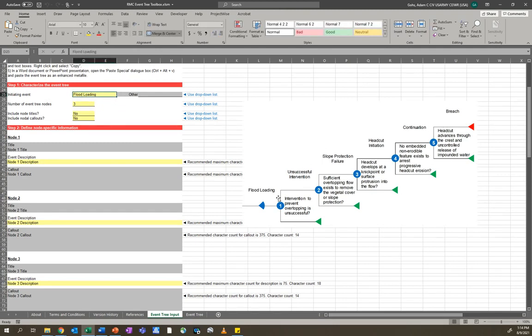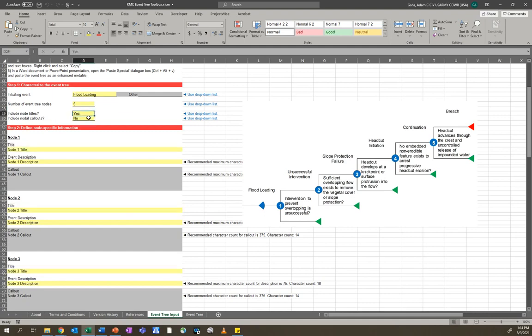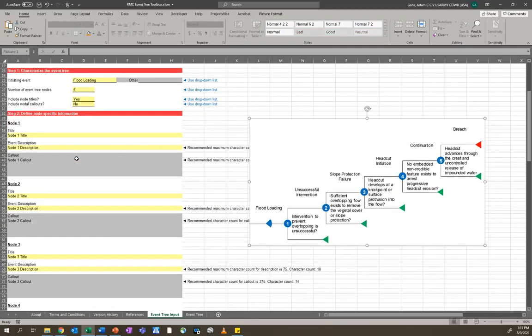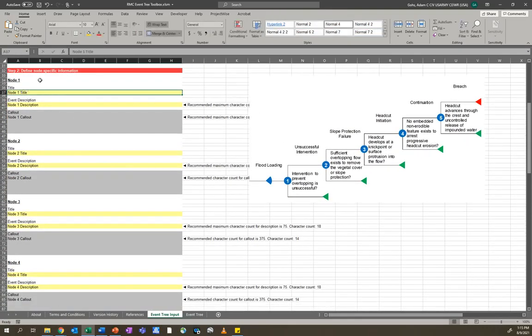There are 5 nodes in this event tree. So we come over and we select 5 nodes. We see that there are nodal titles, but there are not any nodal callouts for this event tree. So for nodal titles, we will select yes, and for nodal callouts, we will select no. So next, all that's left for us to do is to fill out the information in step 2 for our